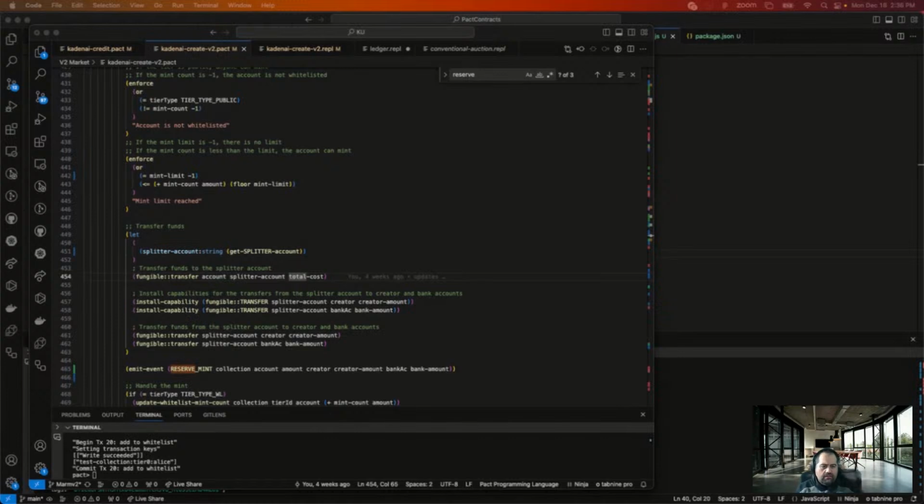Okay, so get KU create. Let's go find our mint function. Creator CCA.